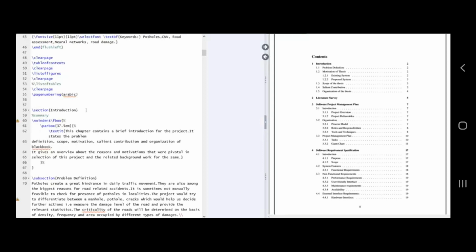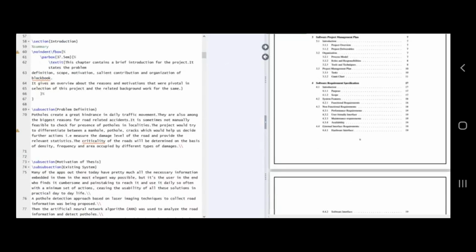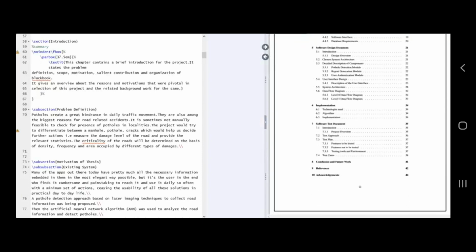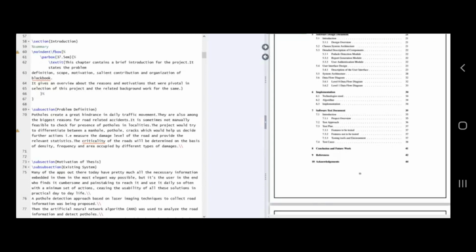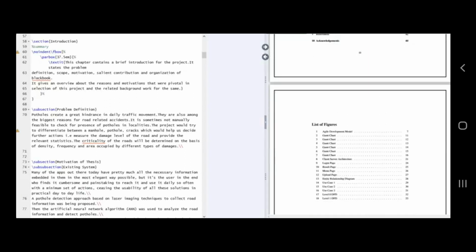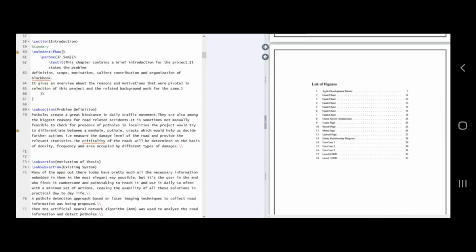And then page numbering: first we used Roman, now we will be using Arabic throughout the document. That's why the page numbering there is Arabic. Now we start our main document with a section. I'm going slow. You can now see on the right hand side of the screen how this table of contents is ordered in different chapters. Then this list of figures you can see. Shift the focus to the right hand side of the window: the figures you want to enter are going to be there.